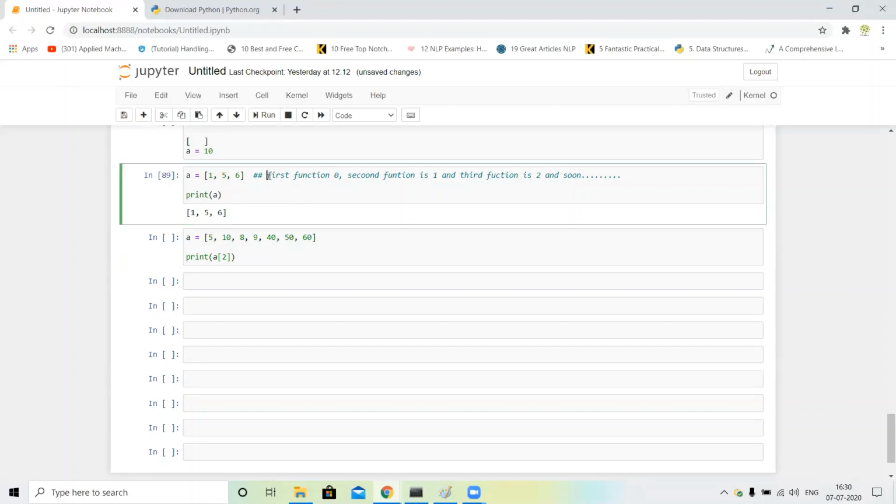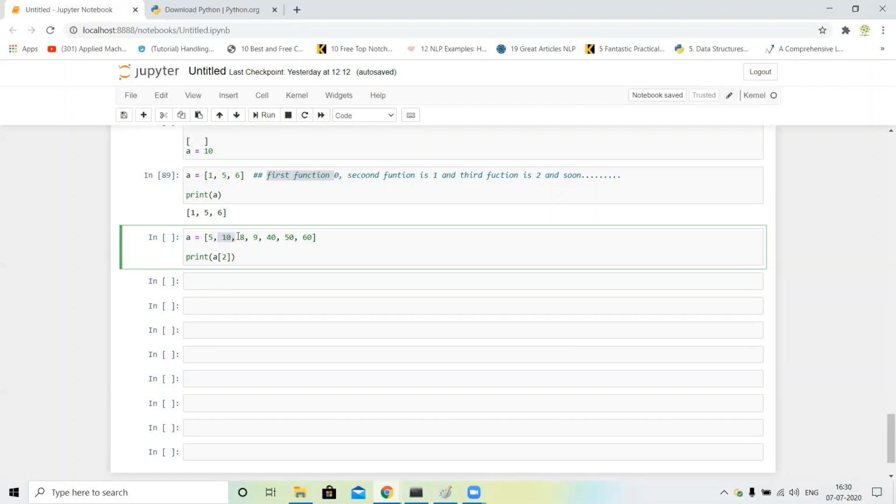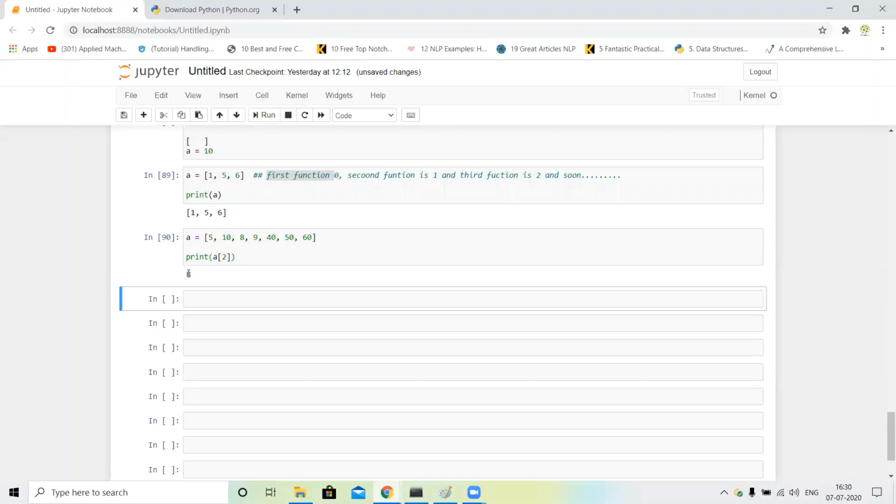You can see the first index is 0. So our first item 5 is index 0, sorry guys, 10, second item 10 is index 1, next is 2. So what is a of 2? It's 8. So it prints 8. You can see this is our output.